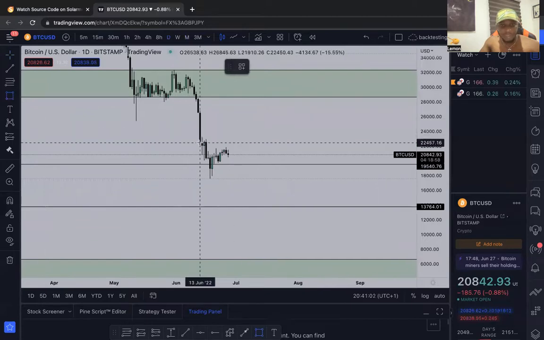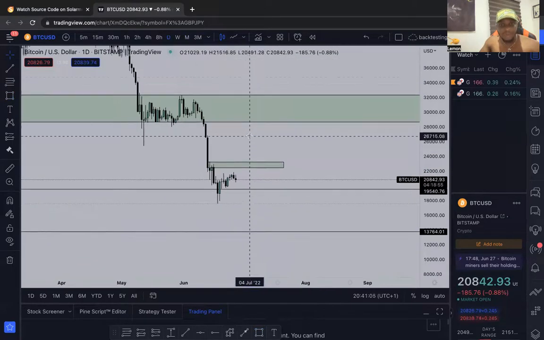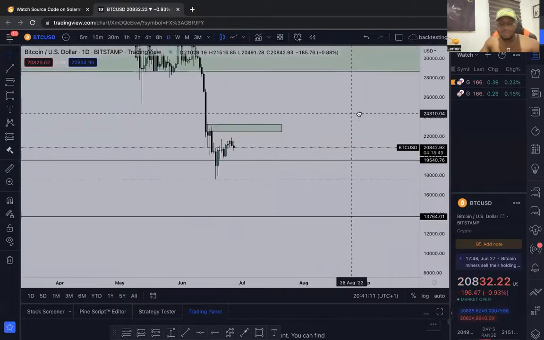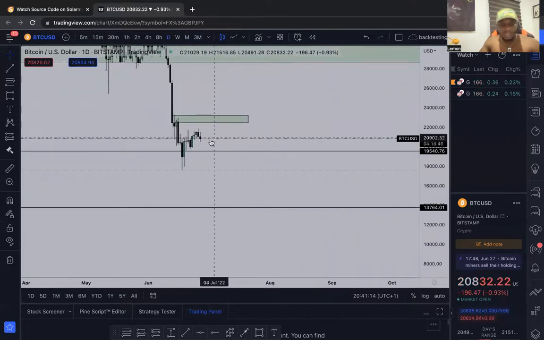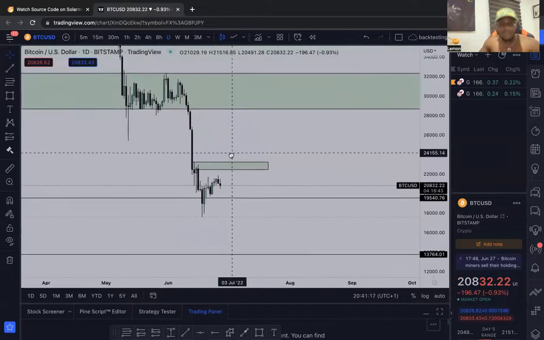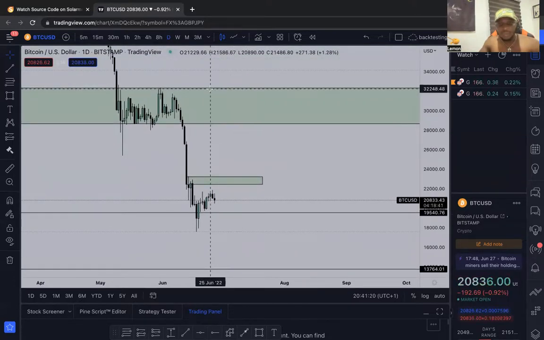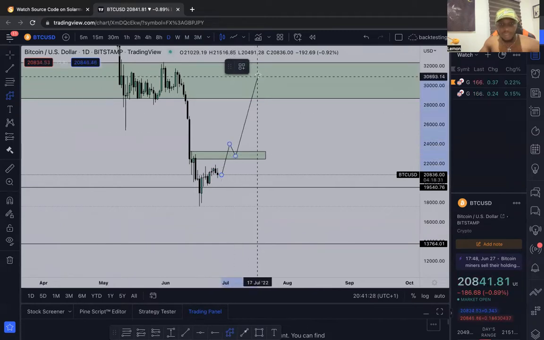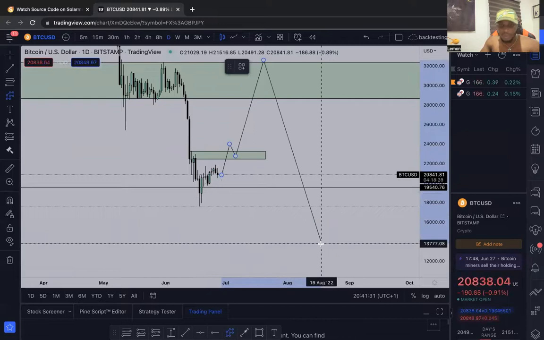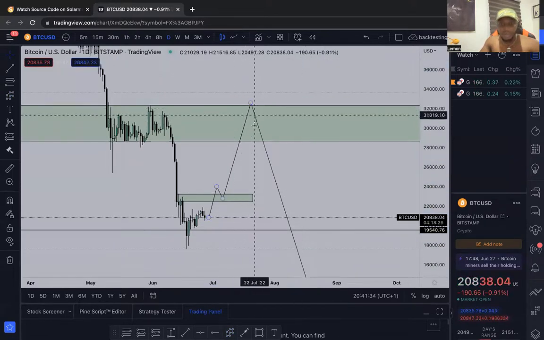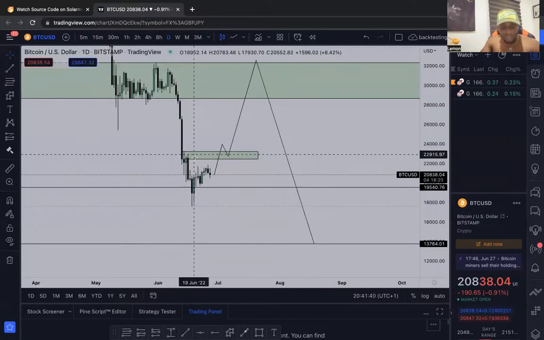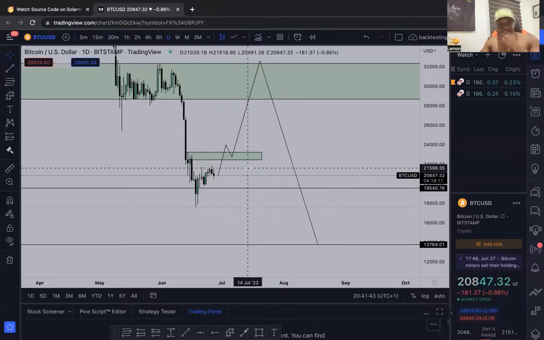Going to a lower time frame, you can see we have a daily supply zone here. After this weekly supply zone, there are now two supply zones we are looking out for. Imagine this supply zone getting taken out. That's the only time I'll say BTC will get to 32K. So let's say BTC breaks the supply zone, comes back down to retest, and we get to this zone, maybe grab liquidity before we fall down. Until we get to this zone, I won't know if BTC will fall if we break this supply zone.